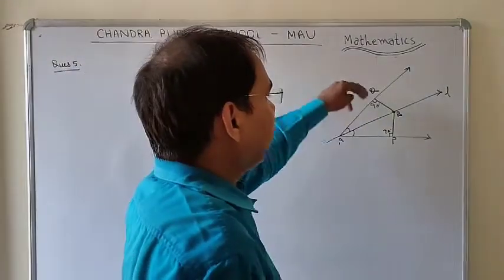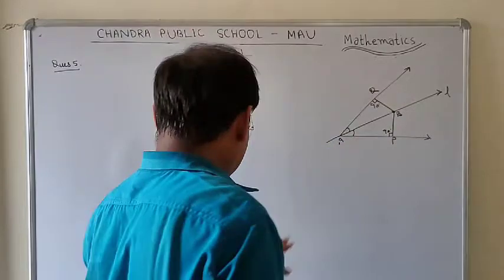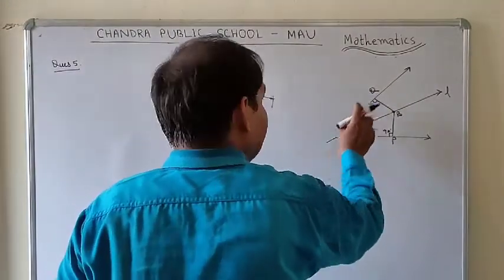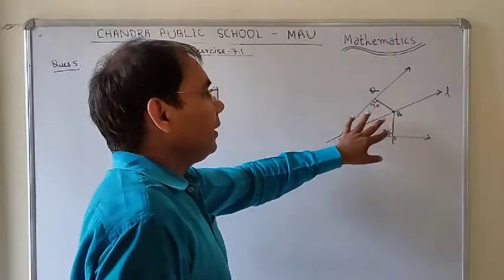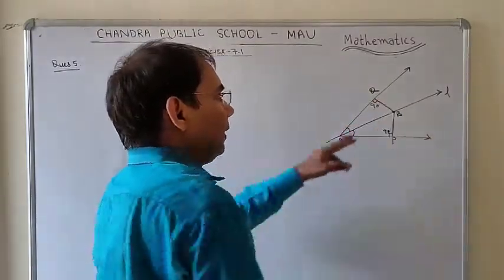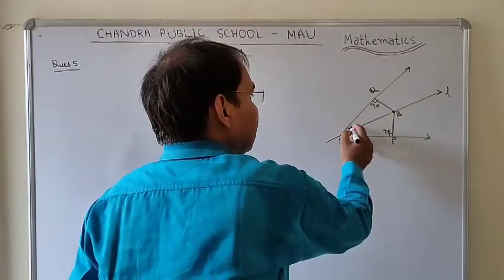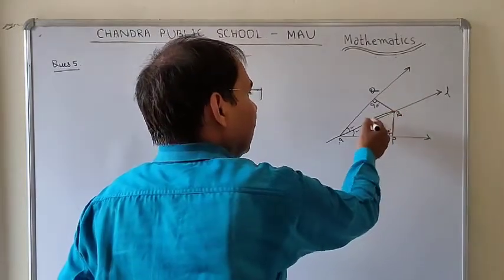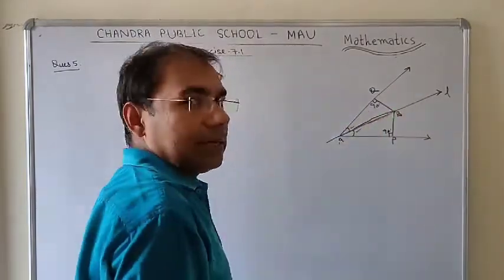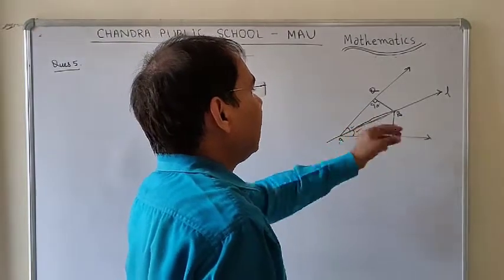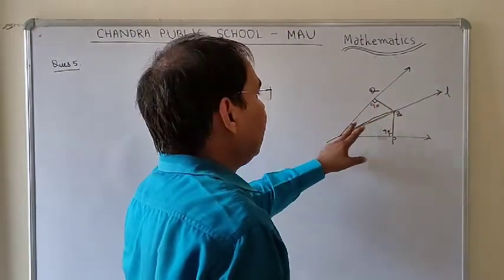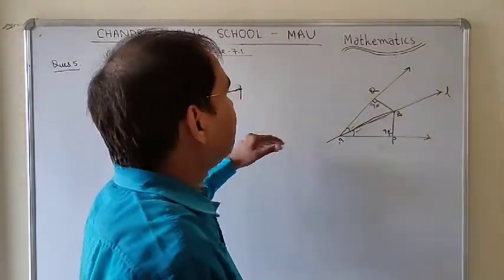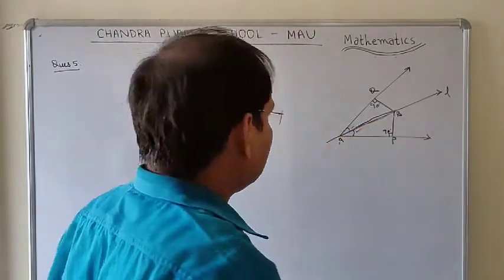So you will write, in triangle APB and in triangle AQB, you need to show three things are equal. Here it is 90 degrees, 90 degrees. One angle is equal. It is bisecting, so this angle equals this angle. You will show that these two angles are equal. And for the third, AB equal to AB, that is the common side. So here you got one side and two angles equal. Then by AAS criteria both are congruent. You only need to give the proper steps, and similar to the previous question, you need to give the solution of that question.